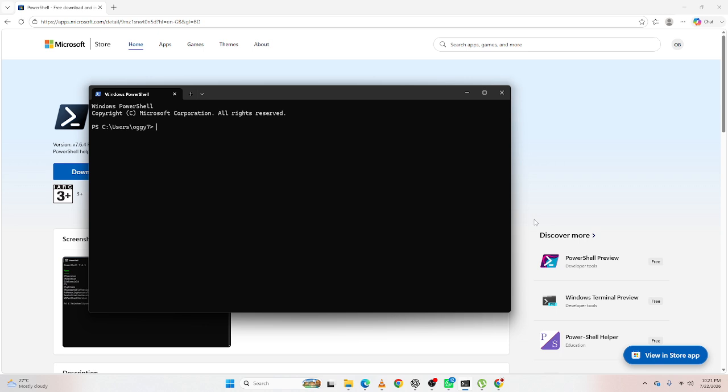And that's how to reset PowerShell settings on Windows. By restoring the default profile and removing problematic customizations, you can solve many common PowerShell issues without